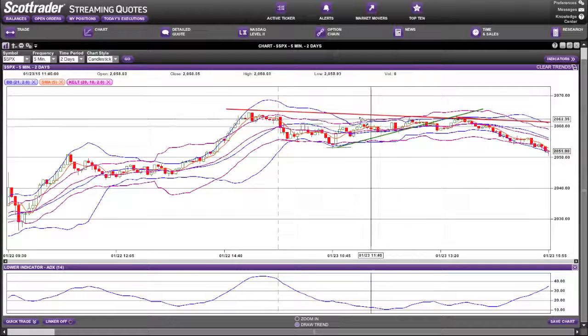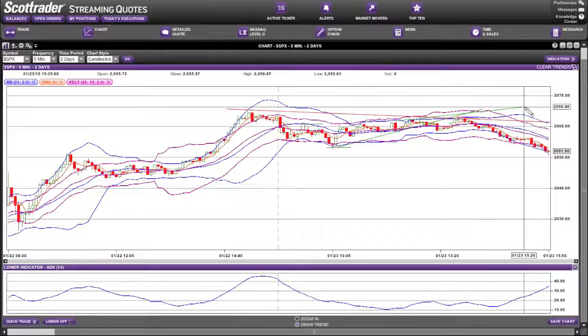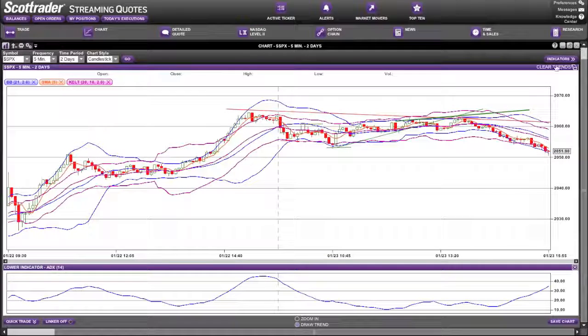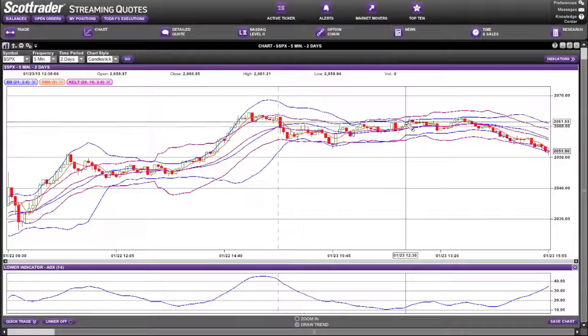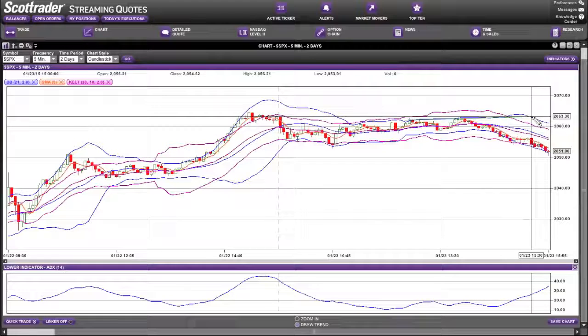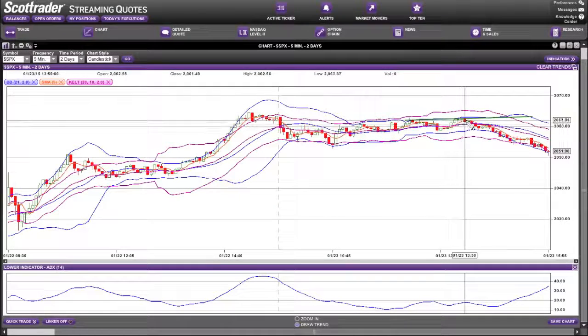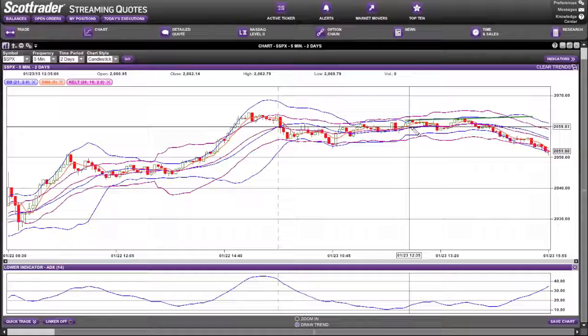When prices hit this second top right here, let me clear the trend so you can see this a little bit more clearly. This second top created by prices, see, that would be the 155 candlestick and 150 candlestick. This second high here, this was a double top. This high here was 2062.79. This high here was 2061.37. So technically that would be a double top, and I should have